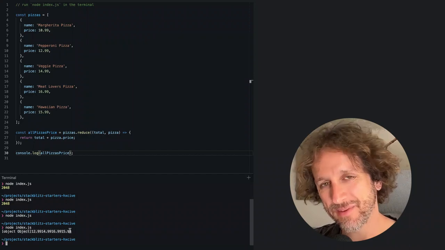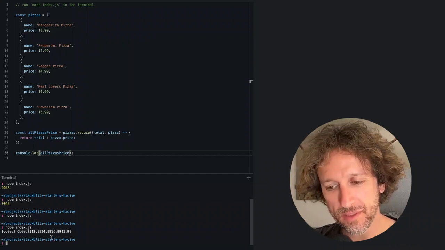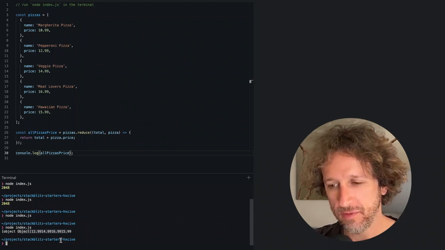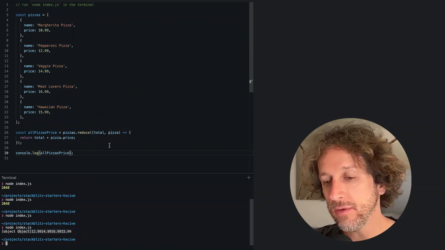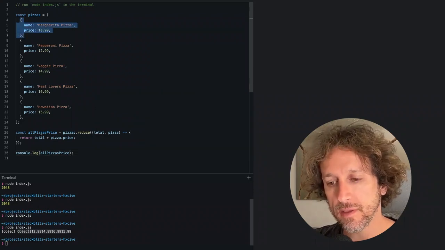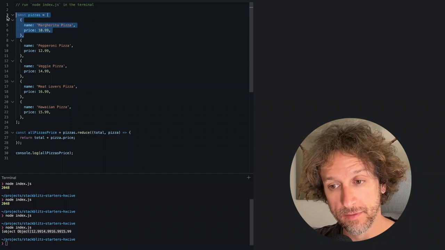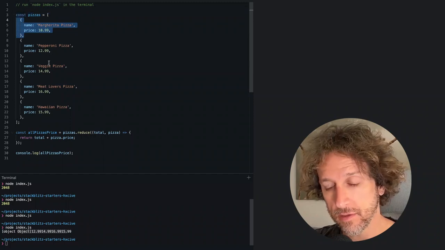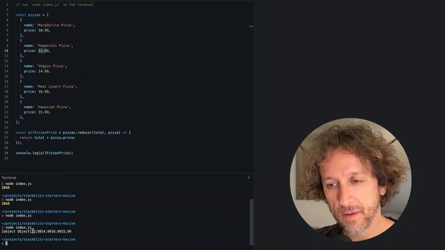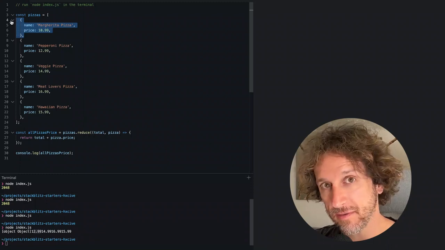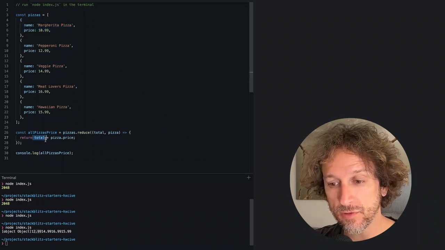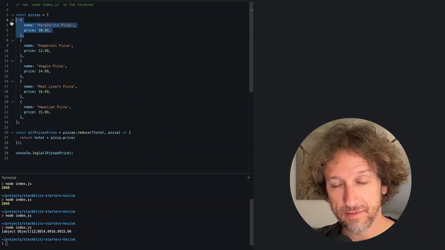So that's what is coming out. Object 12.99 14.9... That's not super simple to understand. So reduce works like this. If I don't give an original value, it will take the first 2 elements. And what it's saying is take total, but total is the first element, and add the price of the second. Now the problem is the price of the second is $12.99, which is here, but the first one is cast to a string when you do a plus like this. So total as a string, so the first pizza as a string is